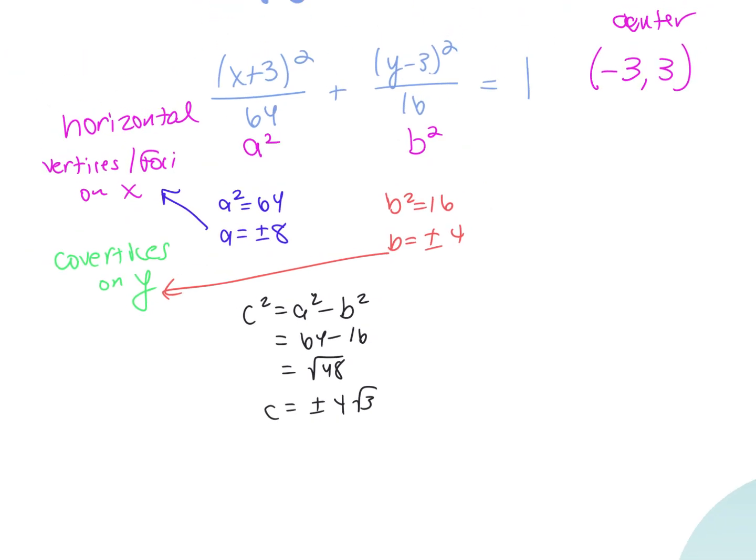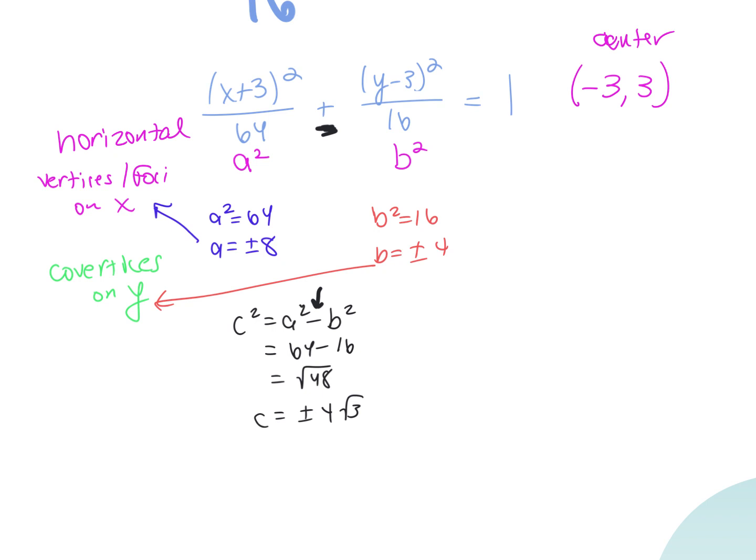Okay, not to throw you off, I just want to say this. I told you guys an ellipse has a plus sign in the middle, and then in this equation, it has a minus sign, right? A hyperbola is the exact opposite. Next week, we do a hyperbola. It's going to be this exact thing, but there's going to be a minus sign in the middle up there. And then in the c squared, a squared, b squared formula, it's a plus sign. It's always the opposite. But I digress. Okay, so let's talk about